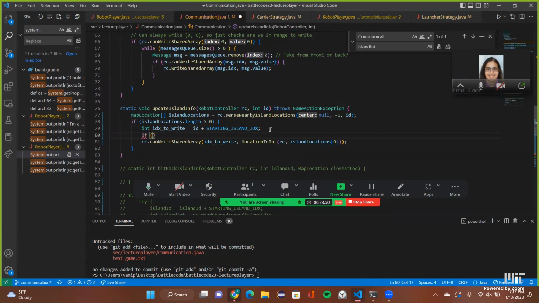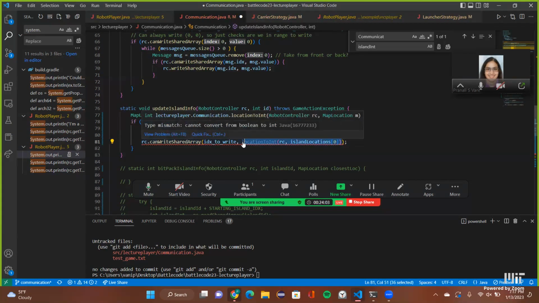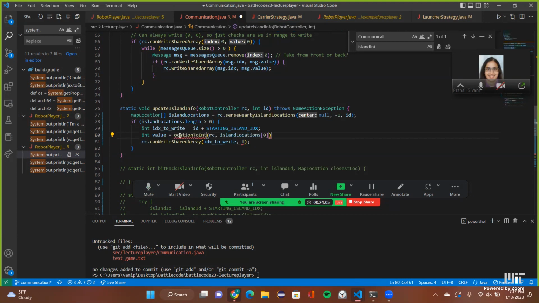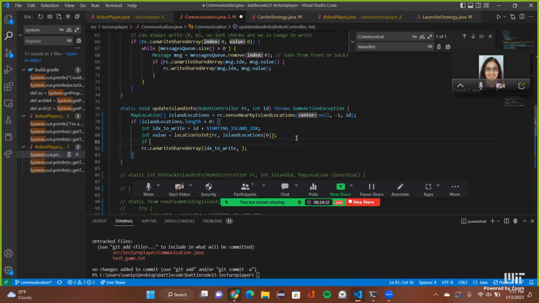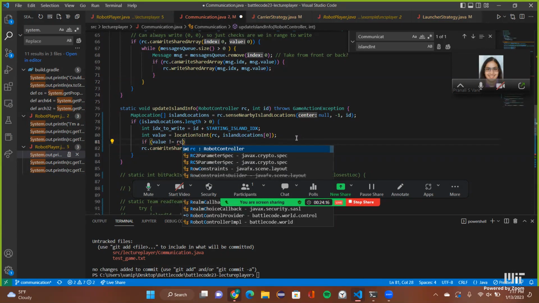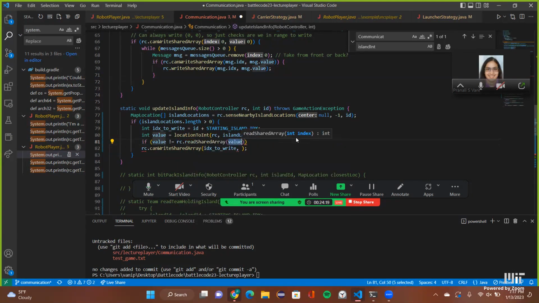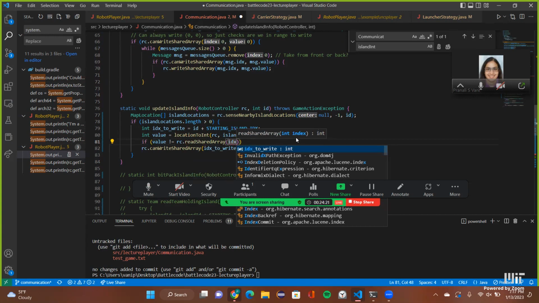So instead, let's say the value we're going to write is this value. Okay, so if value is not equal to RC dot read shared array of the index,